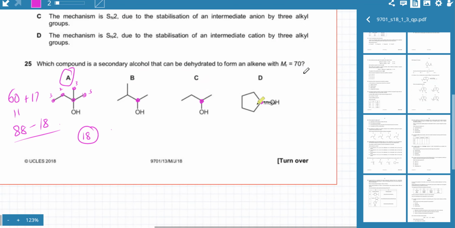We can just figure out the number of carbon atoms. We need 5 carbon atoms, right? So that's 1, 2, 3, 4, and 5. I think this would do. This would probably make 70 because it's an isomer of the first one. This one has 4 carbon atoms, so the MR would be quite different. And this one I think has more than 5. It's 1, 2, 3, 4, and 5. Actually, both of them have 5.